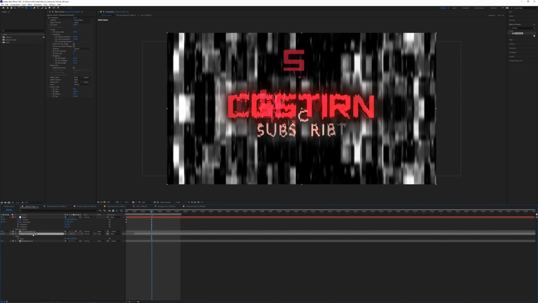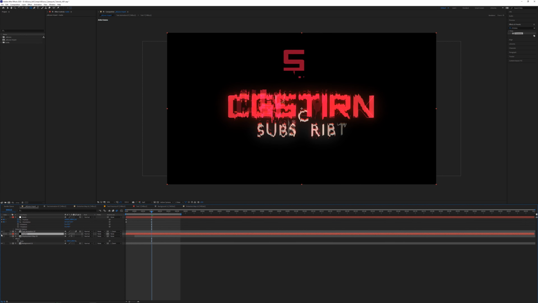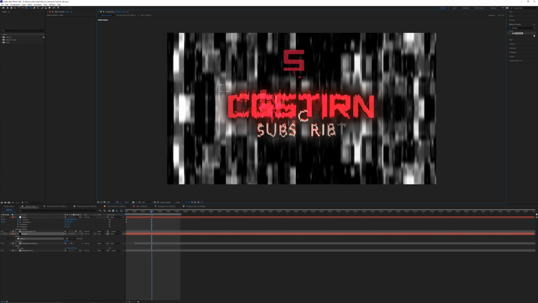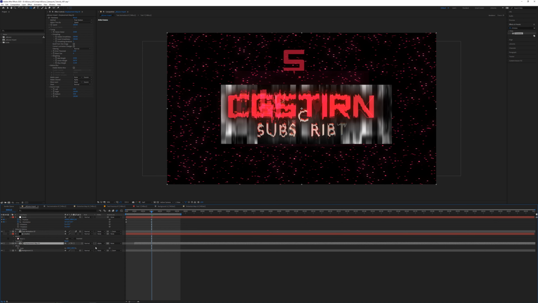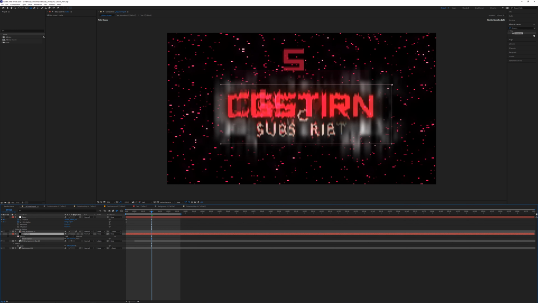All right, so what I'm going to do now, I'm going to pre-compose this displacement map. Because we have a time warp on it that's going faster, I also want to be able to put a matte on this. All right, so what we're going to do is now create a new solid, and we'll just call this matte. Drag that above the displacement map here, turn it off, grab a rectangle tool, and then we're just going to create a little rectangle like that. Then the displacement map can be set to alpha. And this is going to look a little bit weird at first, but if we click F, you can feather this out a little bit more subtle like that.